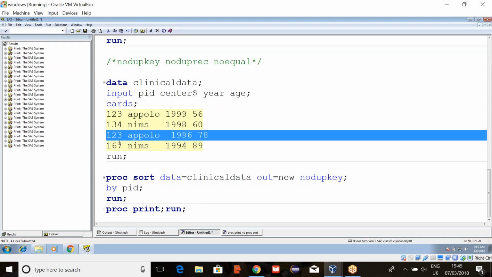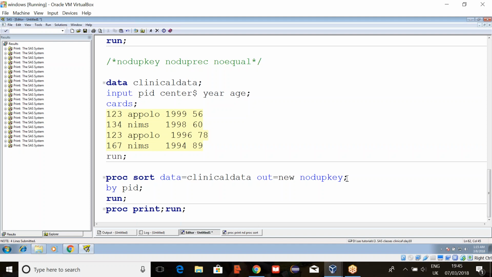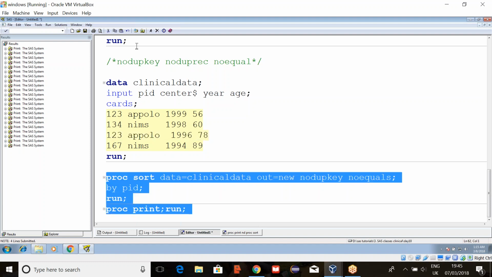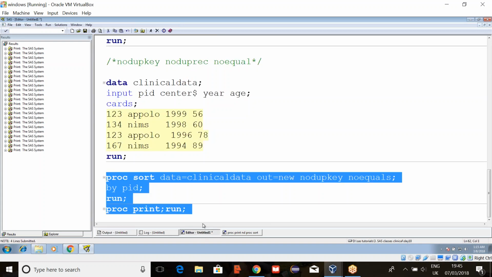In case you want to consider the second one as the original and delete the first one, then we have to mention noequals. When you write noequals, it will consider the first one as the duplicate and the second one as the original. Now it will keep the second one, 78, and delete this one.